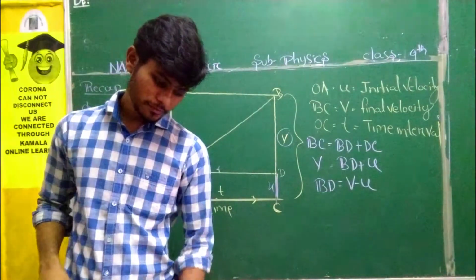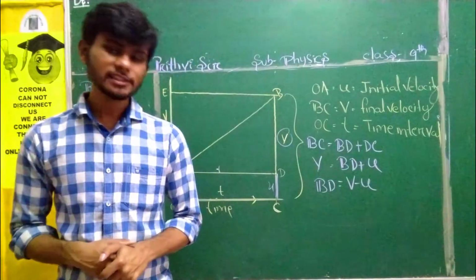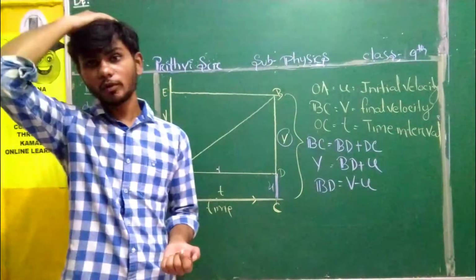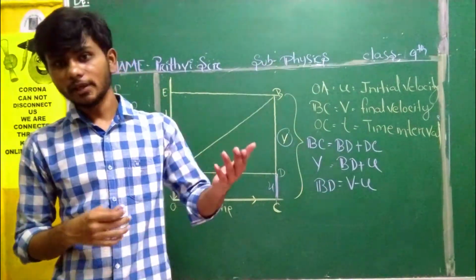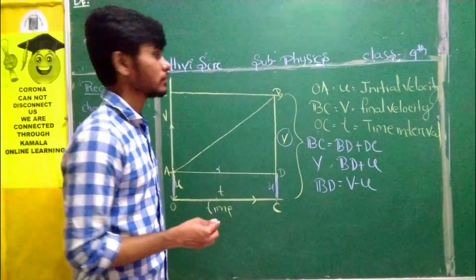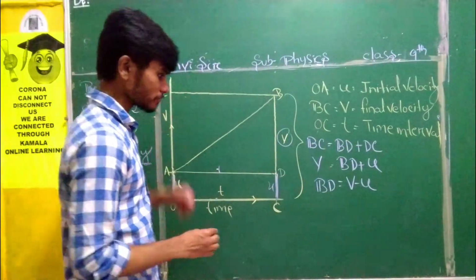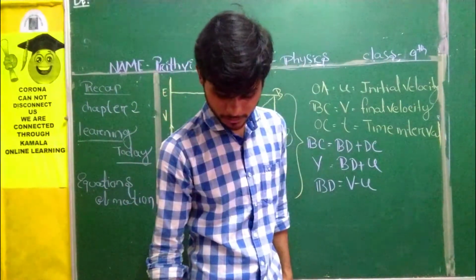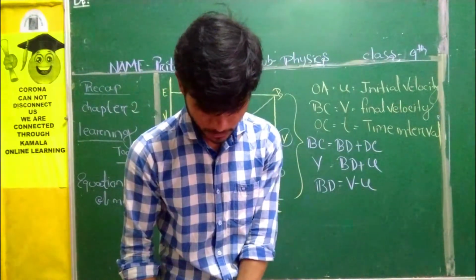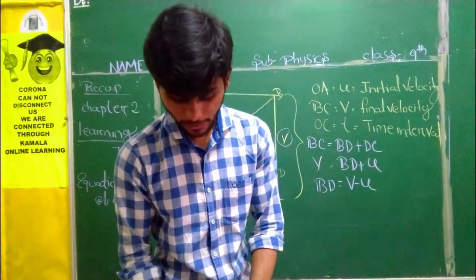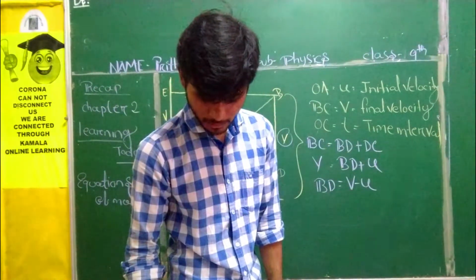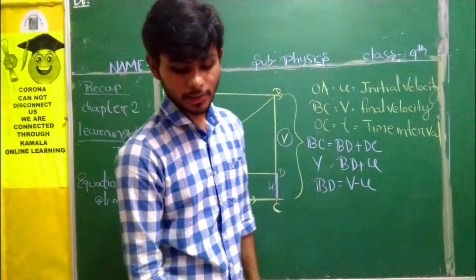From the velocity time graph, the acceleration of an object is given by change in velocity by time taken. In our last class, when we were reading about acceleration, we saw that acceleration is equal to change in velocity by time taken. For that, how was the graph? I'll show you in the book, the page number. You need to take reference for that particular point. You can see the figure number 8, page number 17. There you have one example.